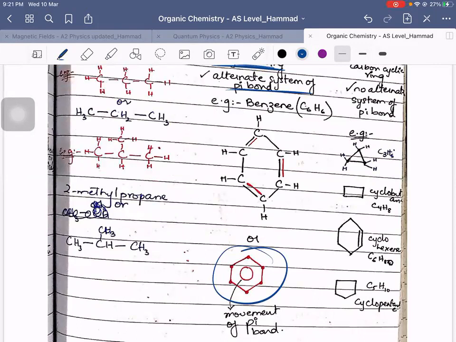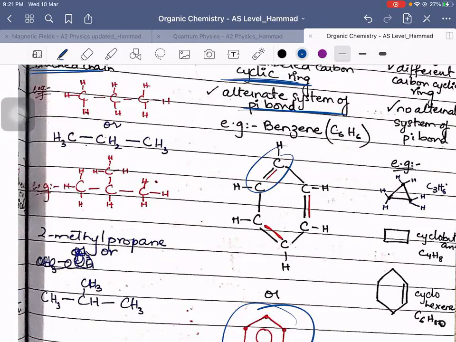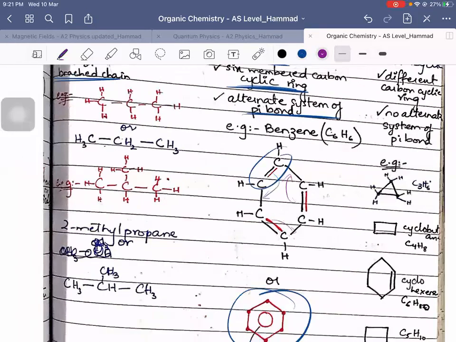What does this ring mean? That, let's say, carbon-carbon has a double bond, but it is there only for one specific instant. The next minute, this double bond shifts to the next carbon, and as a result, this will have to move forward and this will have to move forward, and it continues moving forward, and therefore we represent this with a ring.